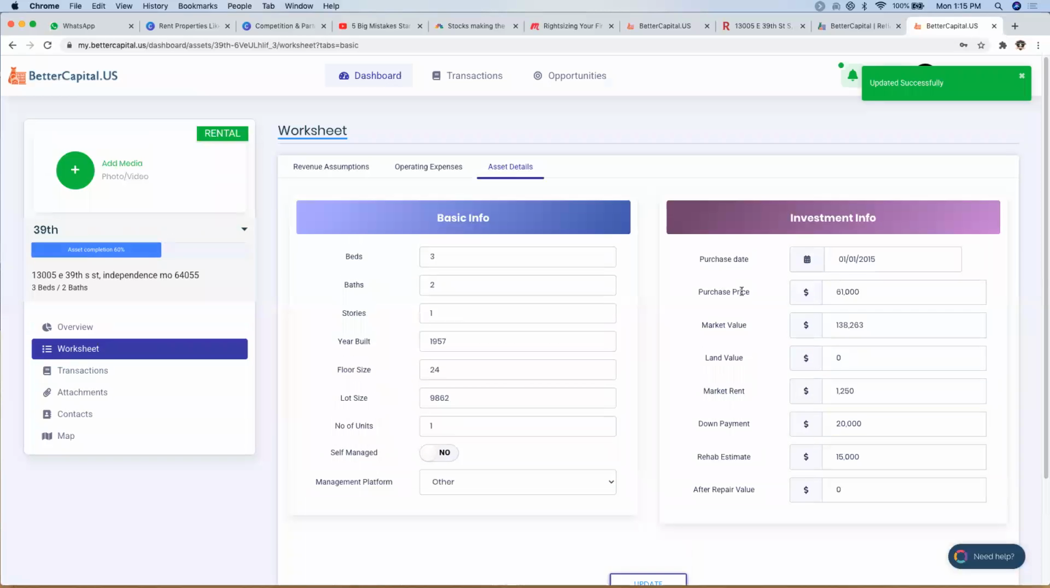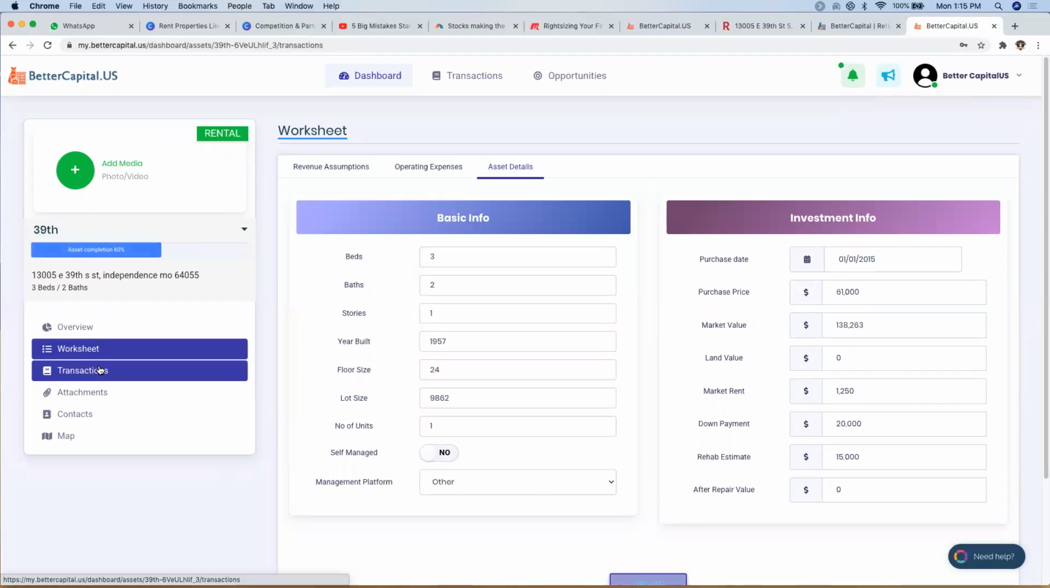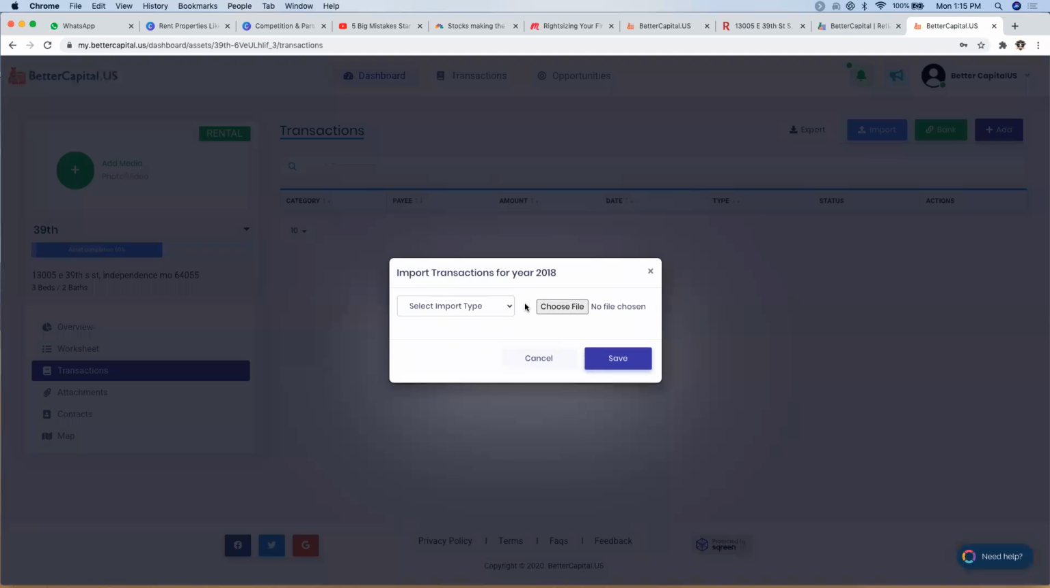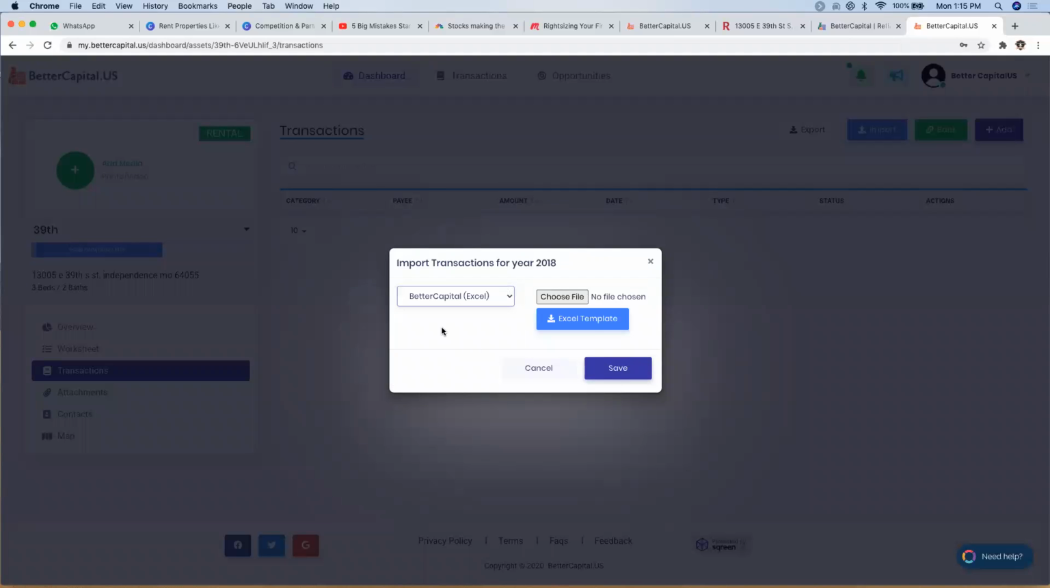All right, so now we're done with the second tab here. The third tab is all your historical transactions. What I'm going to do is come in here and import all of my historical transactions. Now, if you have a property management system that you want to talk to, that's fine. You can pick one of those. You can bring in your data from there. But in this case, I'm just going to use my own